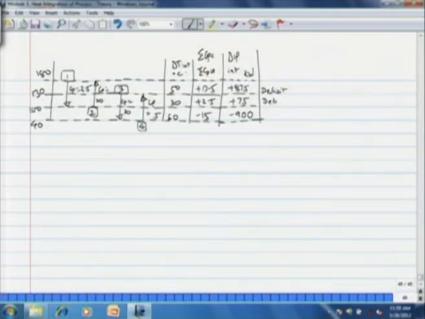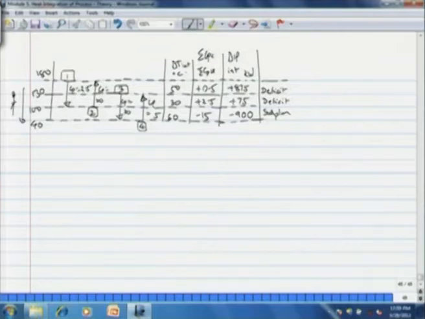2 intervals of deficit followed by the last interval of surplus. Now we cannot transfer heat at 40 degrees to satisfy the heat requirement at 100 degrees. Okay, reverse is not possible. This is possible, but this is not possible. Therefore we have to now add 875 to satisfy the deficits in the first 2 temperature intervals.